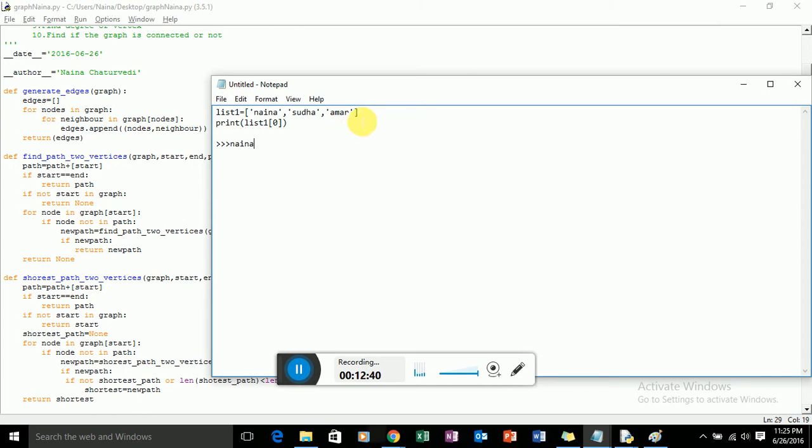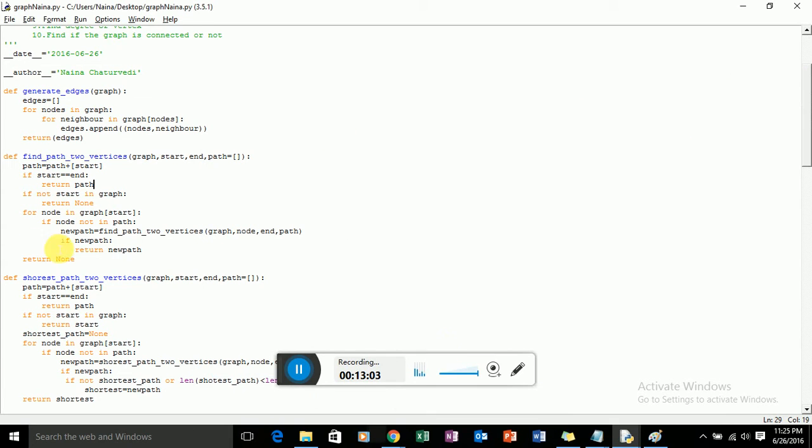So it functions like this, the same as arrays. The indexes for this are 0, 1, 2, and if you write -1, it will print the last element, since -1 means it starts from the end. So this is a quick overview of lists.